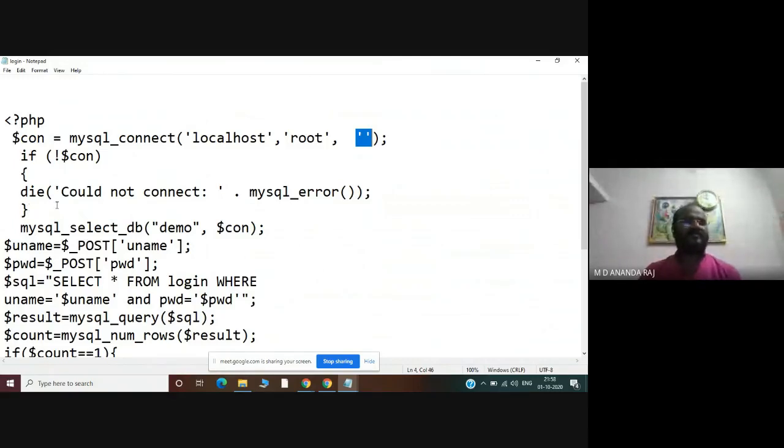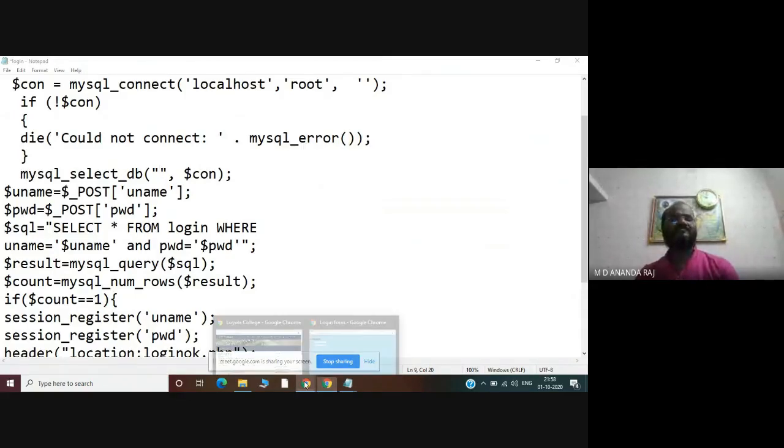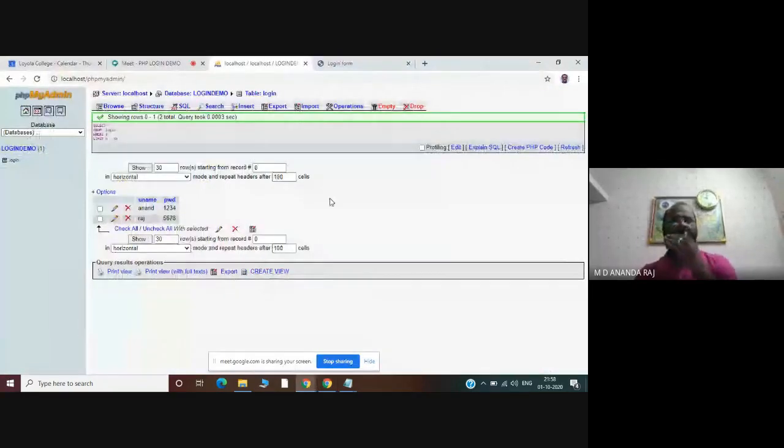Then next line you have another function called mysql_select_db. So mysql_select, it is very simple like English. Select the database from MySQL. And what is your database name? I have given the database name as login demo.